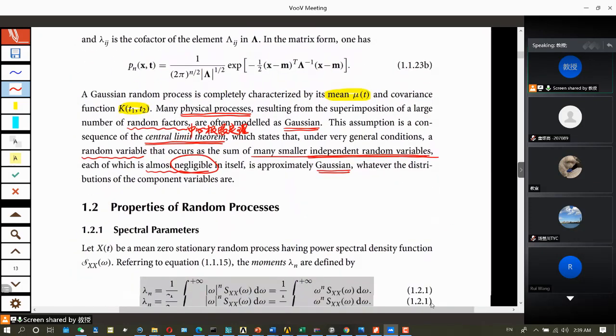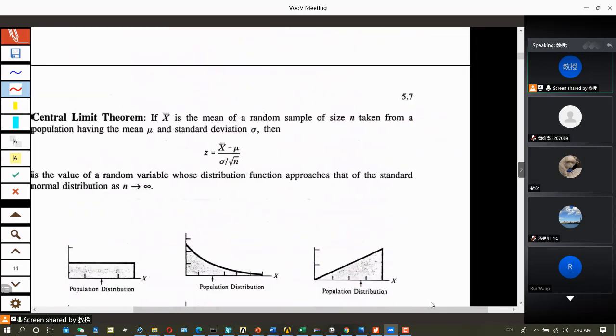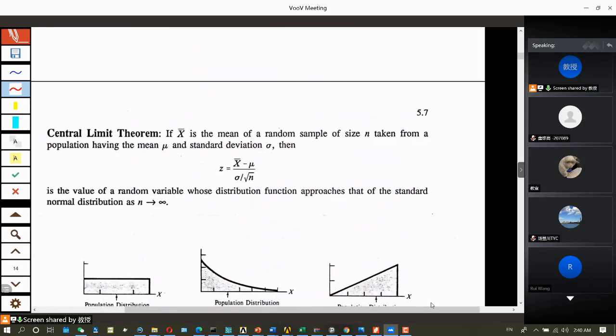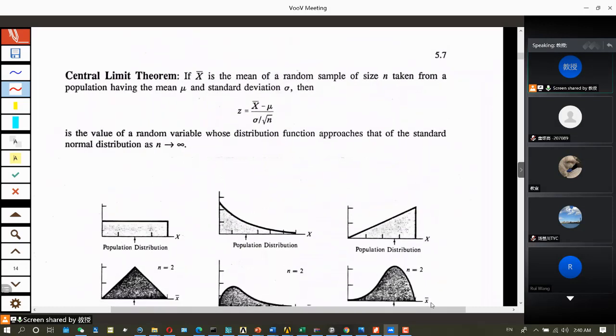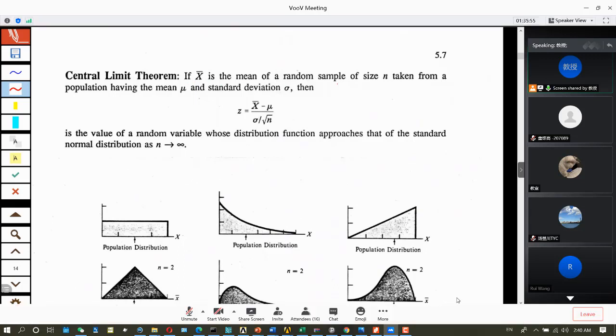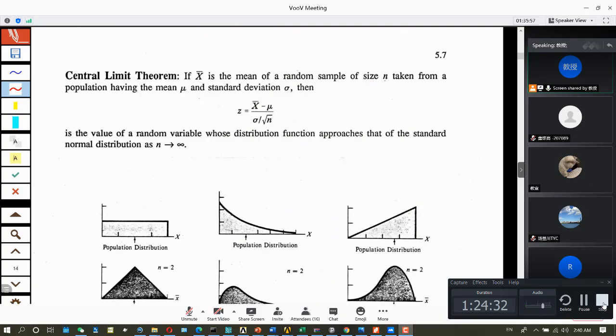Okay, so let's review what we did in probability. The central limit theorem. If x bar is the mean of a random sample of size n